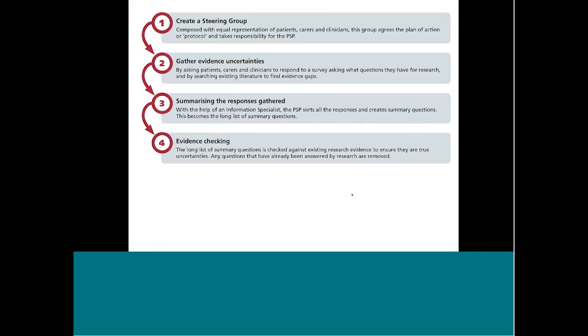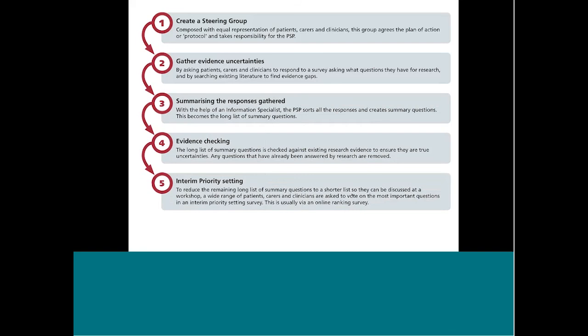So here the long list of summary questions is checked against existing research evidence to ensure that it is an actual uncertainty and hasn't already been addressed by research. So a search needs to be undertaken for relevant and reliable systematic reviews and guidelines that might address this uncertainty, and any questions that have already been answered by research are removed.